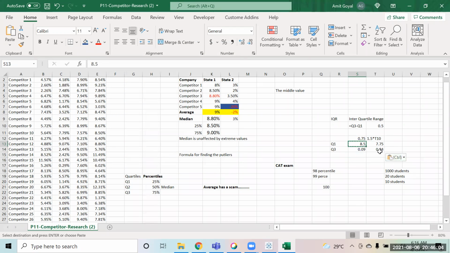So any value which will be less than 7.75 will be an outlier, and any value that is more than 9.75 will be an outlier. So that is how outliers are calculated. For calculating the outliers also, there is a specific formula. We don't go by our own inner sense of what could be more or less. We have a proper formula defined for that.